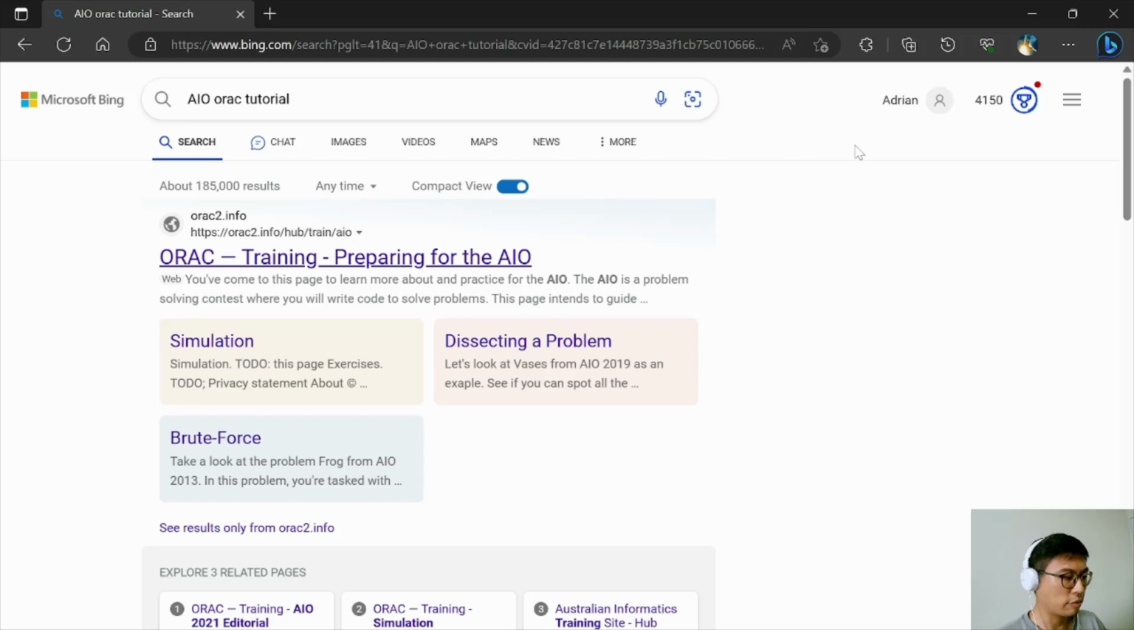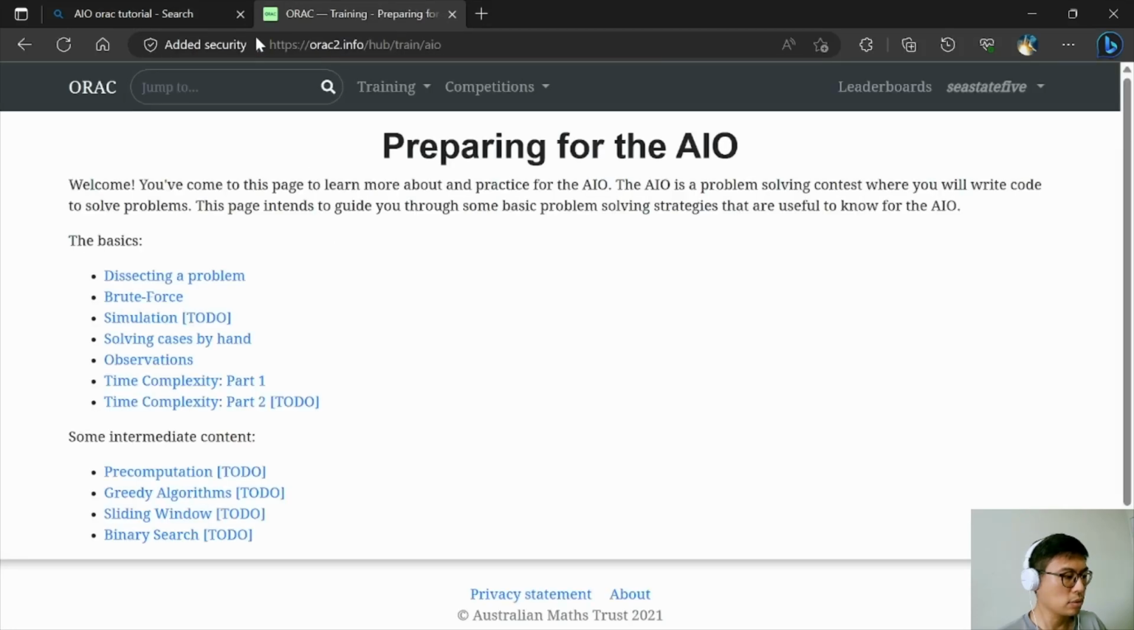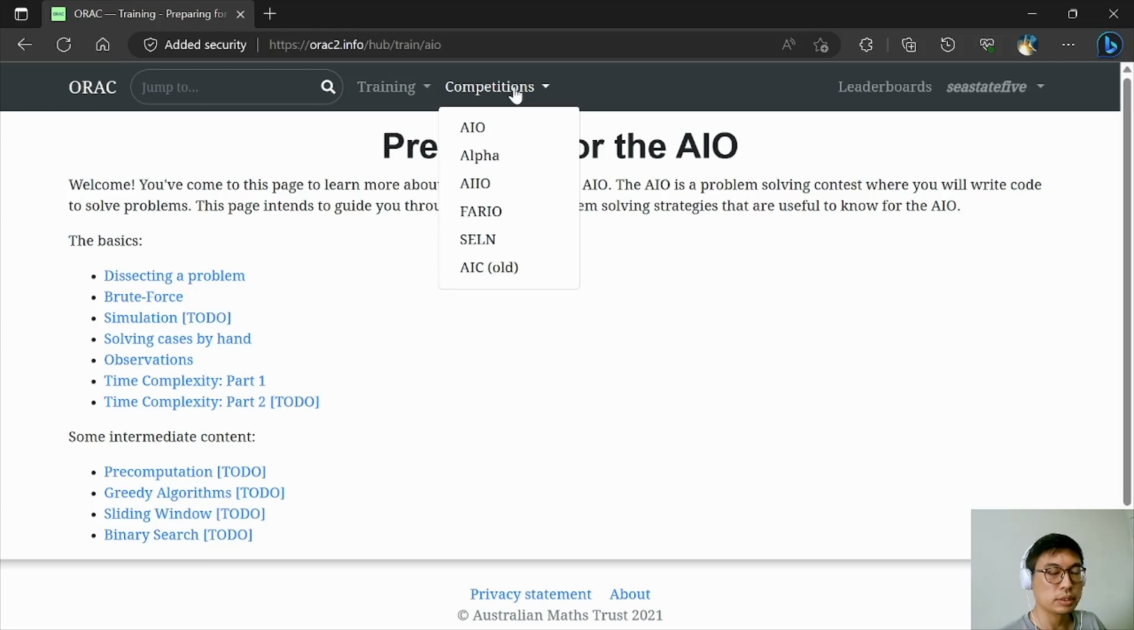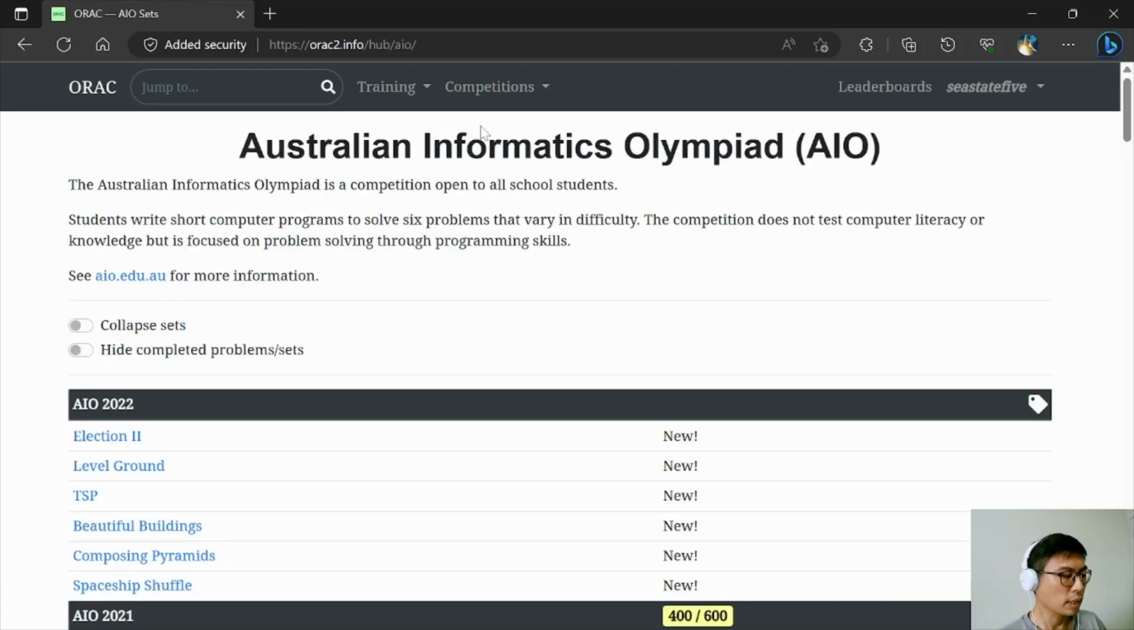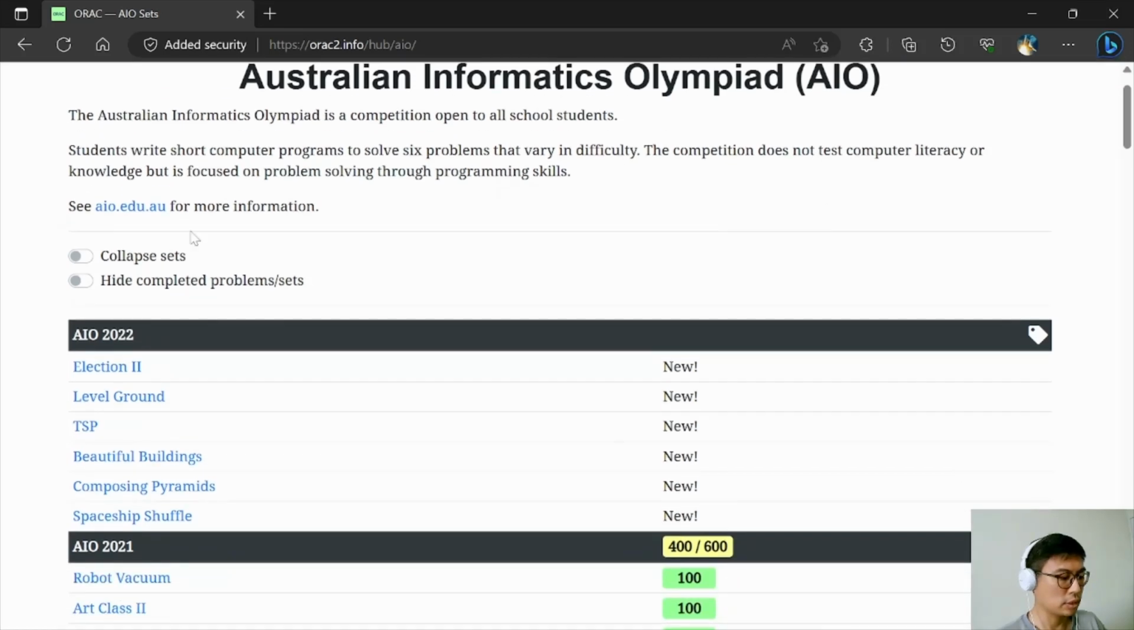So I'd like you to go to your favorite search engine and type in AIO ORAC tutorials. The first thing that will come up will be ORAC training, preparing for AIO. Let's go ahead and click that. Under the competitions tab, you can see AIO. We just click that, and then you'll find the Australian Informatics Olympiad. Some of you may need to sign in first, or if you sign in, you'll be able to submit your competition or training